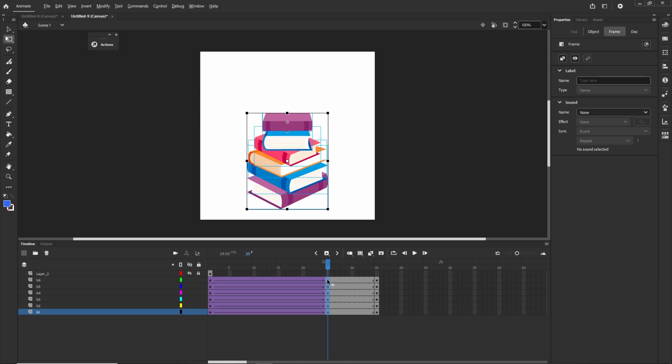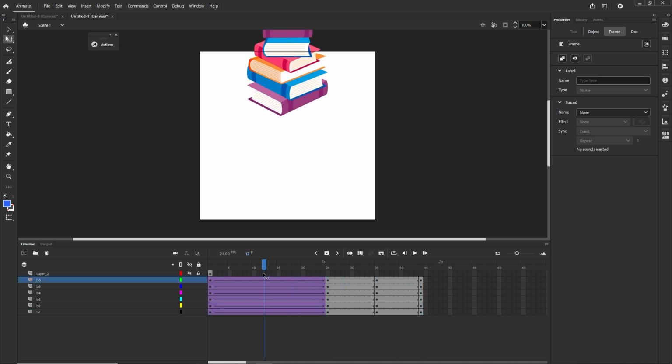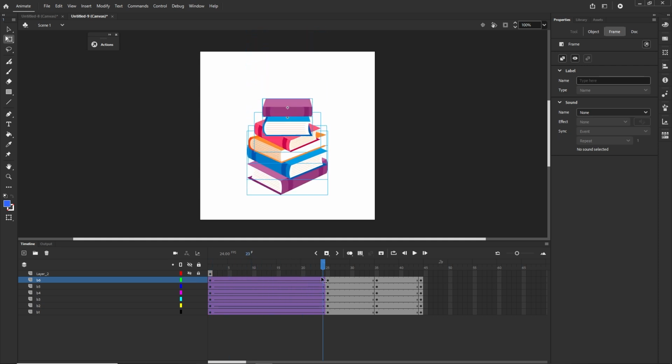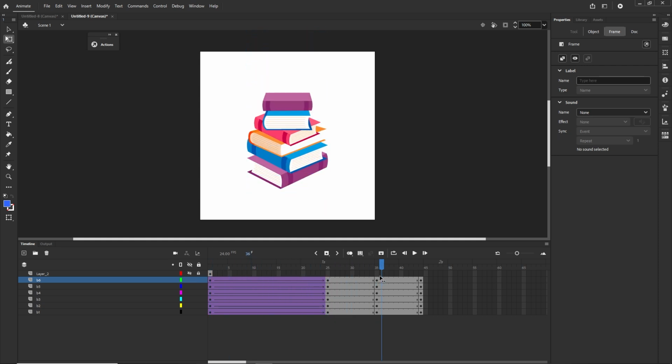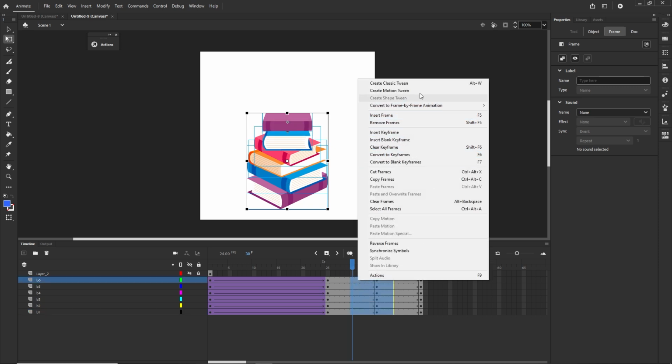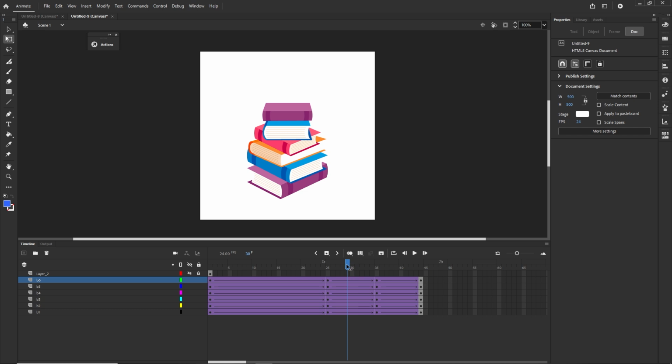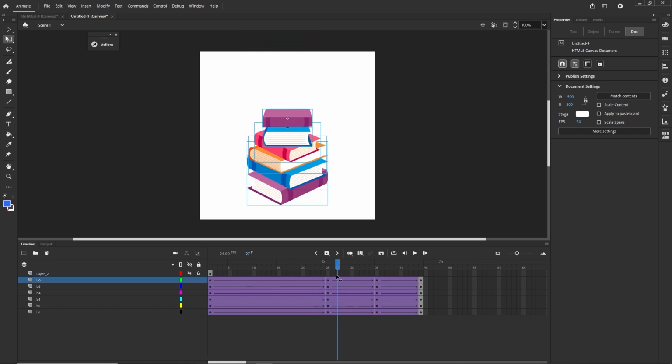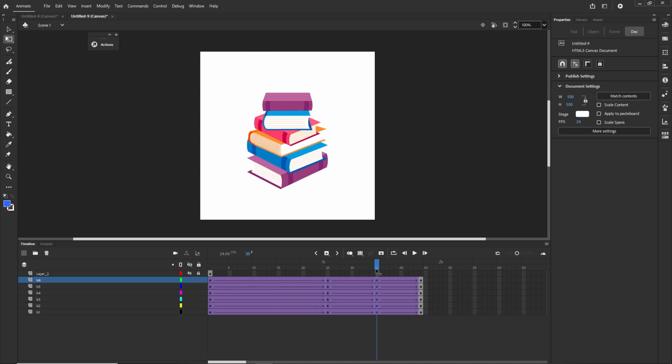Option, and just drag them, and I am going to put them somewhere around frame 44, 45. So it is going to go down, then it will go up, then it will go down. We can create the classic tween, so I'm going to select this, right click and choose create classic tween. So we are going to have the animation, then it will go up, then it will go